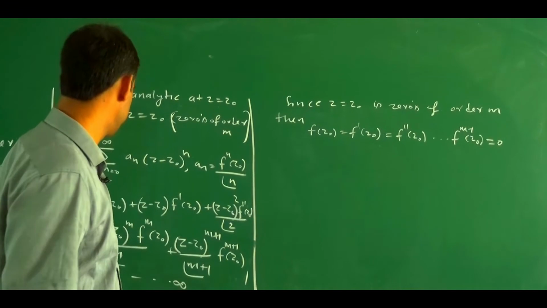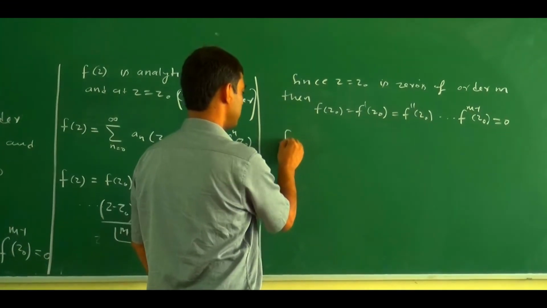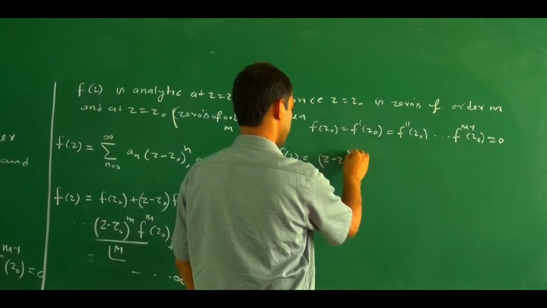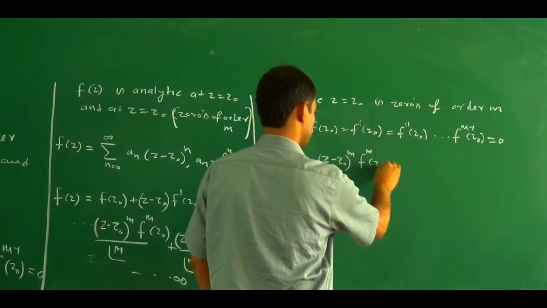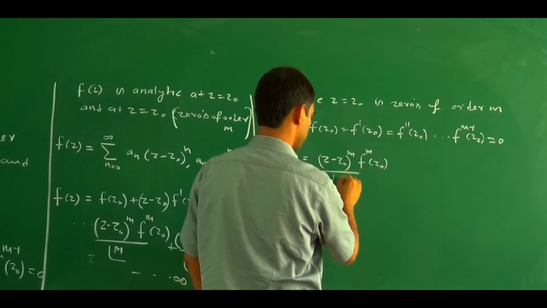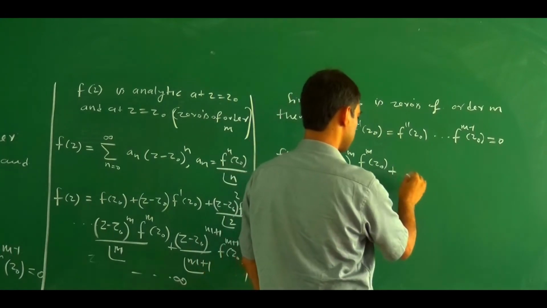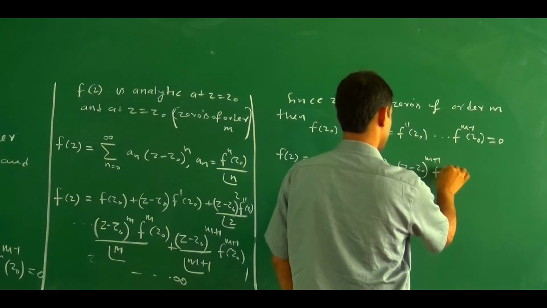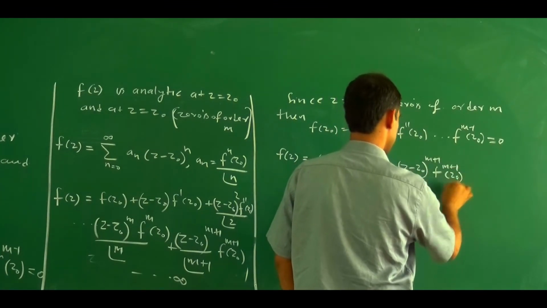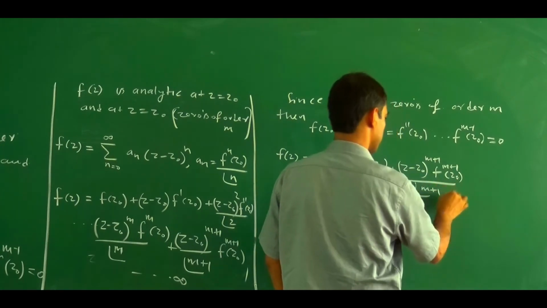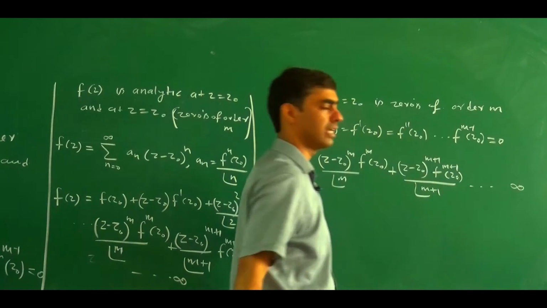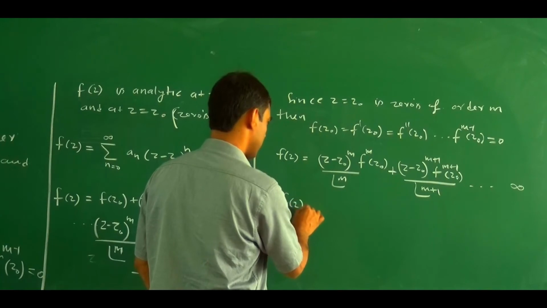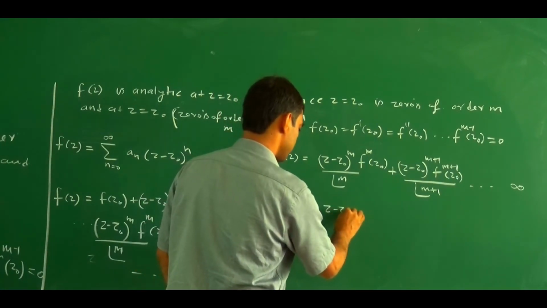So if we put these values here, then what will happen? f(z) becomes f(z) equals (z minus z0) to the power m, the mth derivative at z equals z0 divided by factorial m, plus the next term, (z minus z0) to the power m plus 1, the m plus 1th derivative at z equals z0 divided by what? Factorial m plus 1. And how many terms? There is an infinite number of terms. So if we simplify this, f(z) becomes (z minus z0) to the power m